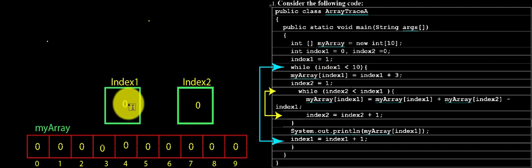Index 1 equals 1, so update it with the value of 1. And we have a loop which will continue since index 1 is less than 10, and it says that my array of index 1 will be updated with index 1 plus 3. Index 1 has the value of 1,